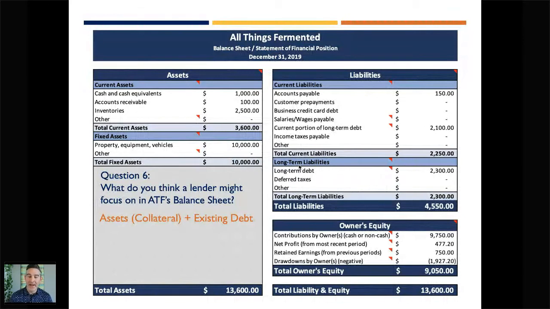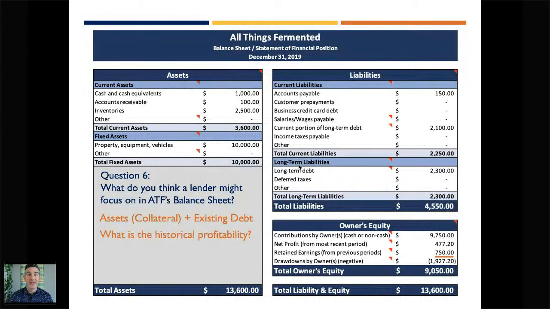So we're just going to dig into what exactly the assets look like and ask you questions about that. And similarly with the liabilities, we're probably going to be asking, oh, I see you have business credit card debt, or I see you have this big loan. What's that for? Is that a building? What are your monthly payments? Not all of that will appear on here, but it will give us a sense of what to ask you to understand what your debts and liabilities are on a monthly basis.